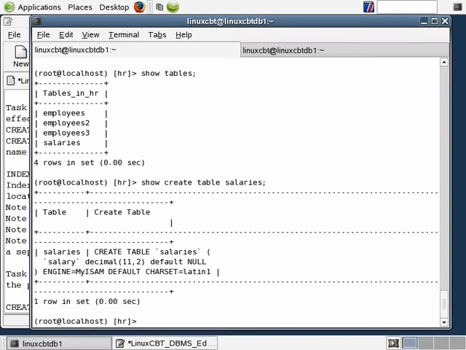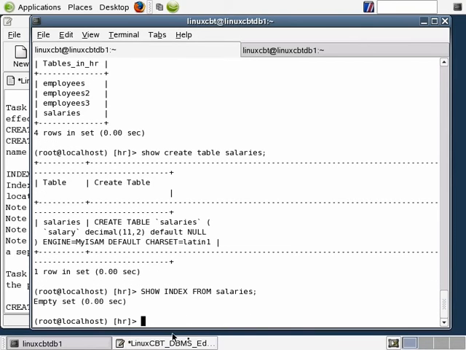If you want to see the indexes that are defined on the table, just execute it as follows: show index from and the name of the table, in this case salaries being the name of the table. If it returns an empty set, as it has in this case, then that means there are no indexes defined